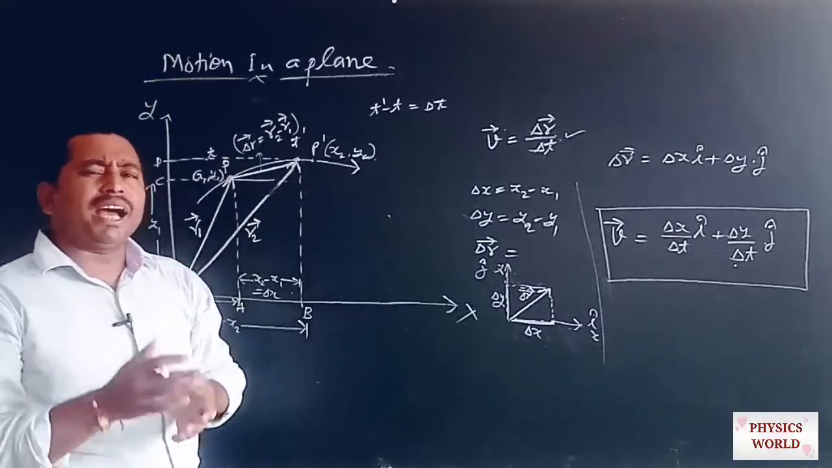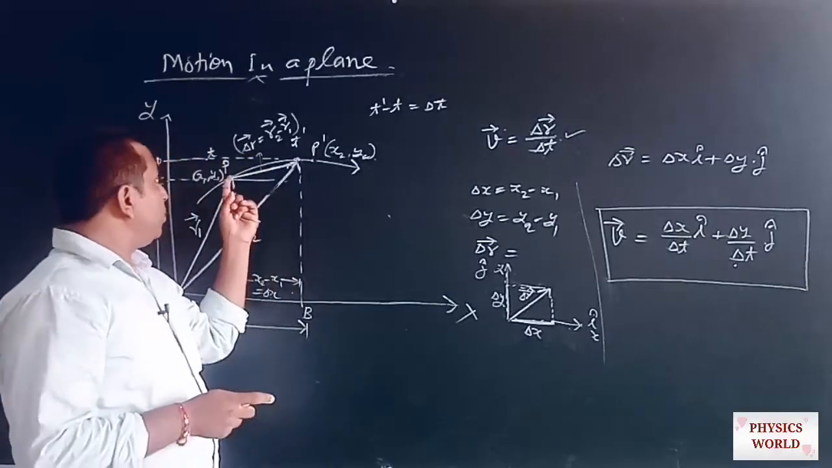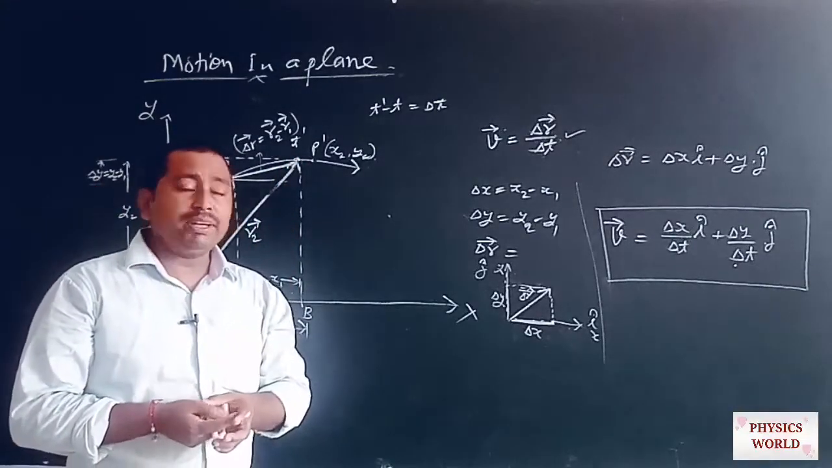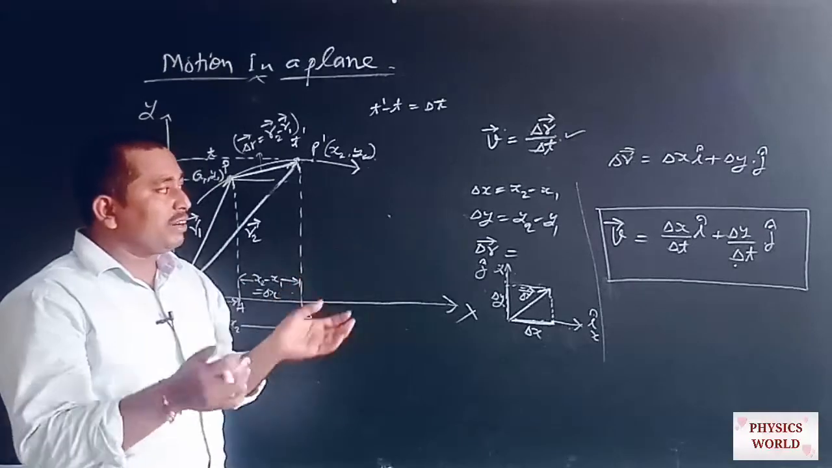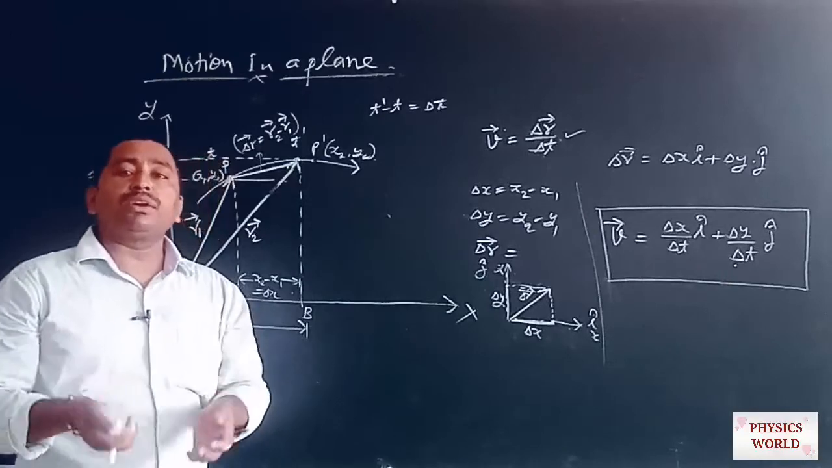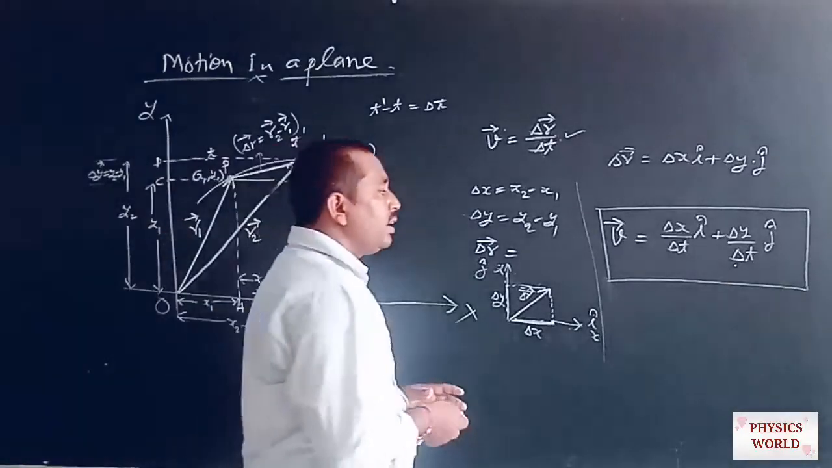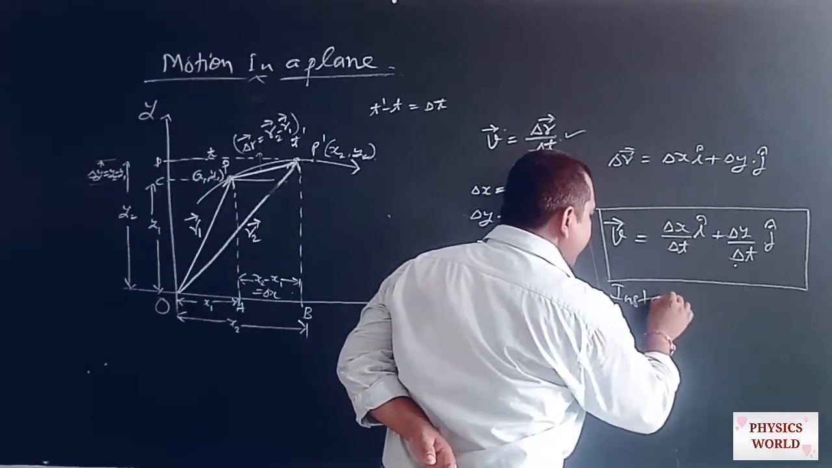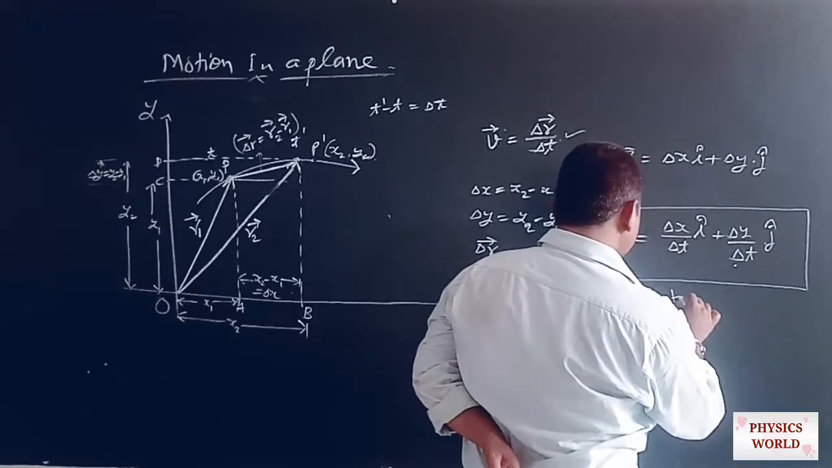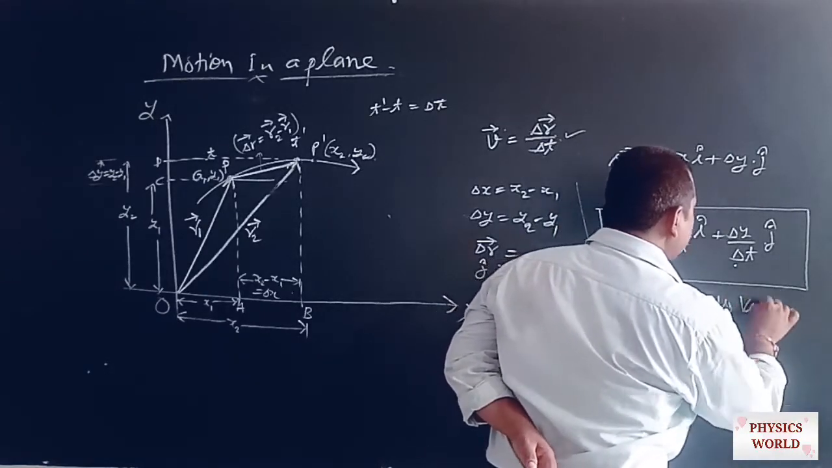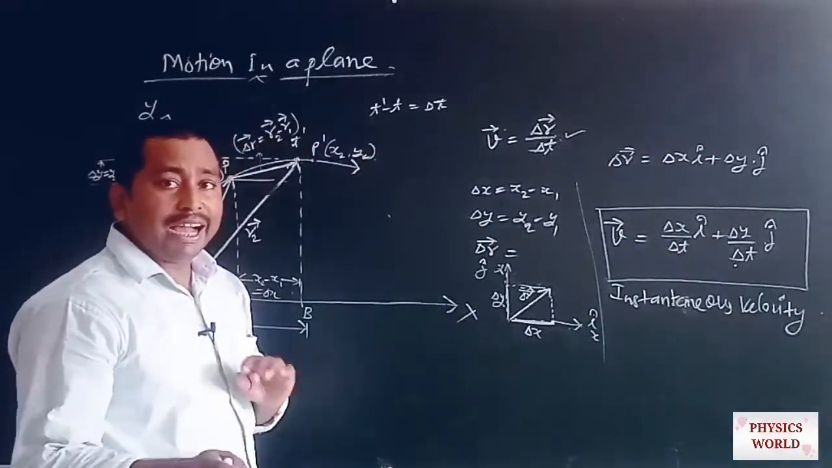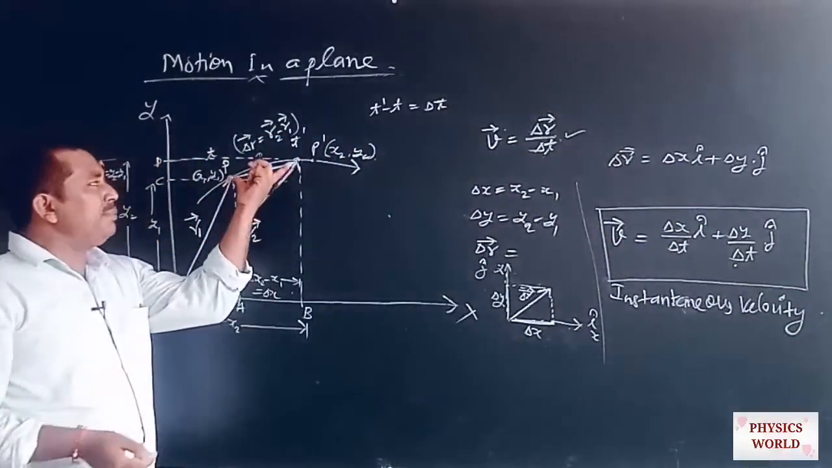But assume that if the position of point P dash from P is very large, then there will be a very large distance traveled by the particle, and the time taken is also large. So if we want to calculate the instantaneous speed, the instantaneous velocity of the particle, then we have to take this time interval